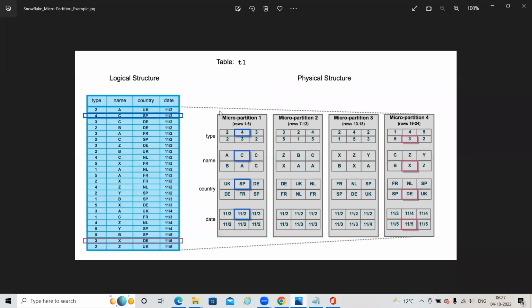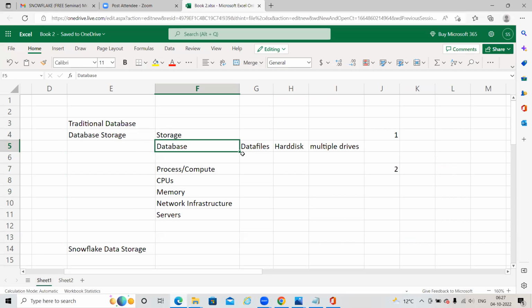Internally, in traditional databases we have a concept called data pages. I discussed about data files, right? In these data files itself, again we have an internal concept called extents. The data will be divided into extents, and within the extents we have data pages. The core data storage component in a traditional database is the data page.